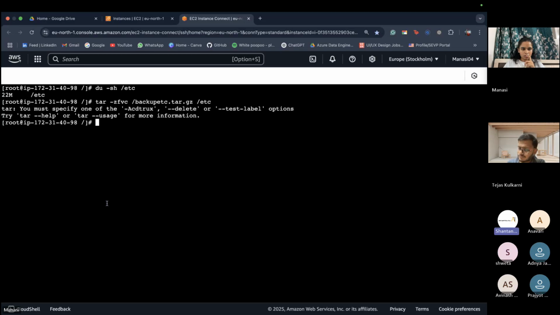What is the issue? Why am I getting this error?